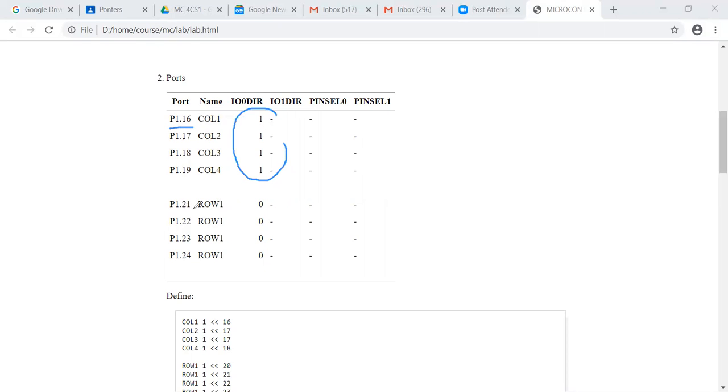Similarly, row ports, which are from P1, remember P1 here, and the 21st port P1.21, are configured as input ports because the value is 0. So row ports are input, column ports are output. What that means is the outputs of the columns are connected to the inputs of the rows.